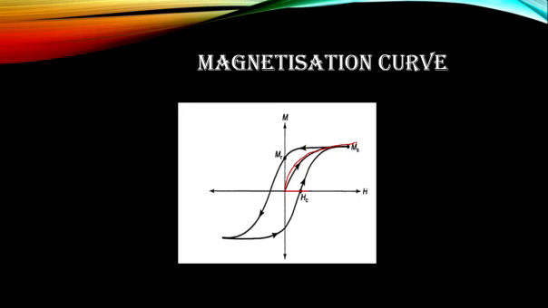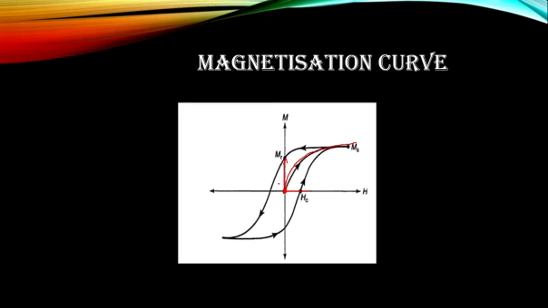saturation magnetization. And if you try to decrease the magnetic field now, it will not be a reversible process. It will take a different path. The saturation magnetization will be prolonged for a given time. And after that, once the applied field is zero, you can still find a certain amount of magnetic moment, which is called remnant magnetization.